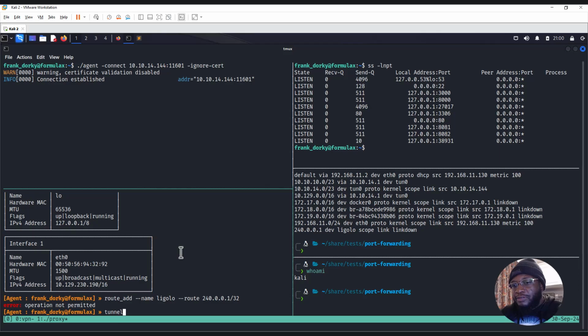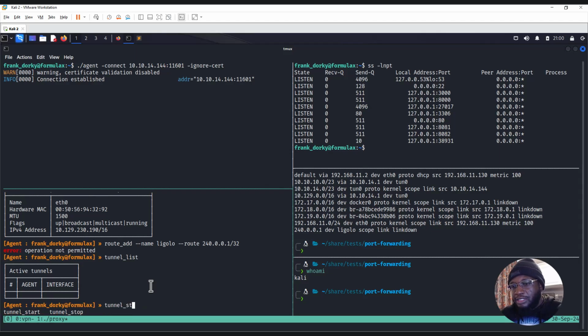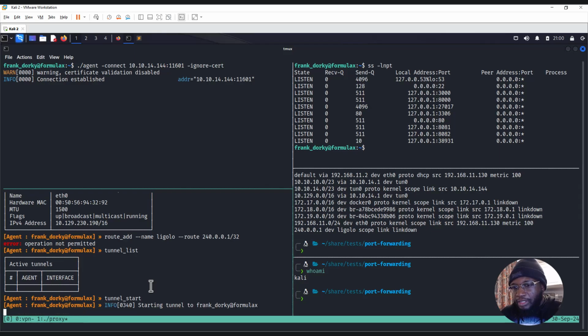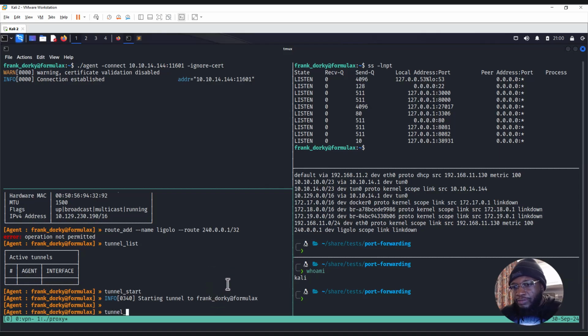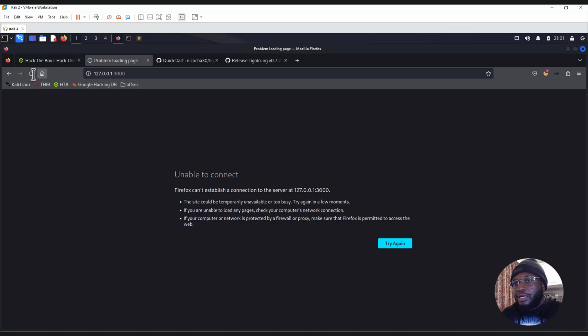Let's list tunnels first. Tunnel list. Looks like we don't have a tunnel, so let's say tunnel start. Okay, all right, so it's starting a tunnel for us. All right, so we have a tunnel now. So if we do tunnel list again, we should have a tunnel. Okay, then when we go back and try to access this again,